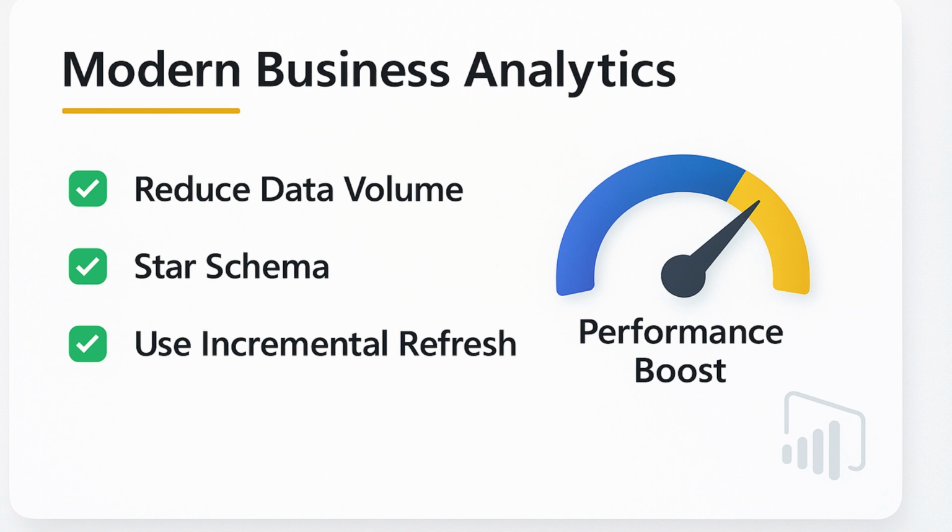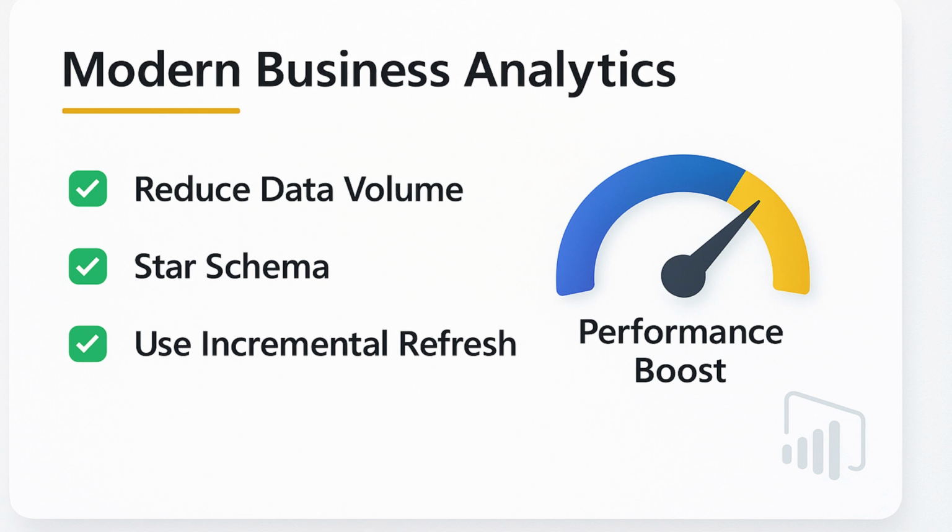We can use DAX efficiently to avoid complex iterators when possible. We can turn on query folding in Power Query. And the last one, we can use incremental refresh for large datasets where applicable. So these are some of the optimization tips that we can apply in Power BI to make it more